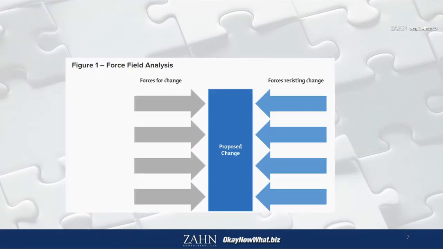Now let's turn our attention to a force field analysis. And here you see the long rectangular box in the middle is our proposed change, and we have gray arrows to the left that are forces for change, those things that are pushing us towards change, galvanizing our energies and efforts. And there's an equal number in our example here of forces that are resisting change, dragging heels, preventing us from moving forward. So let's see how this would actually play out.